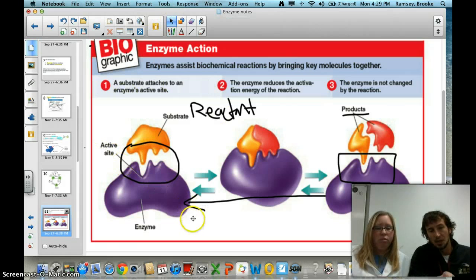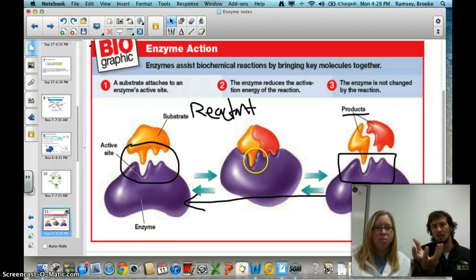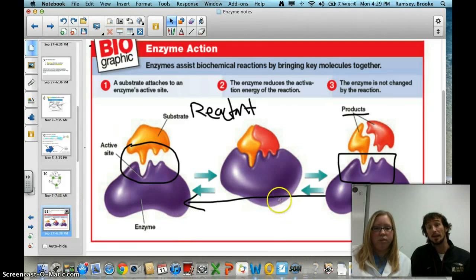And again, you can see here your substrate would and could break into its two parts over time, but it takes energy to do that, and the enzyme has lowered that energy needed to make that happen, thus making it happen more quickly, more readily. All right, and that is